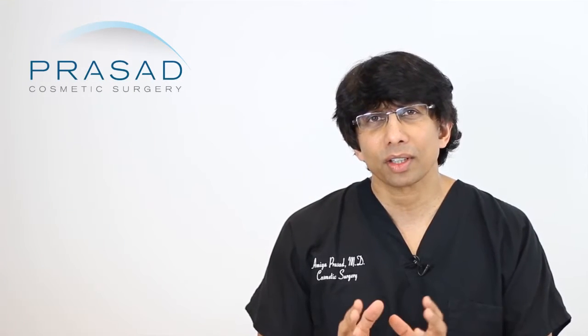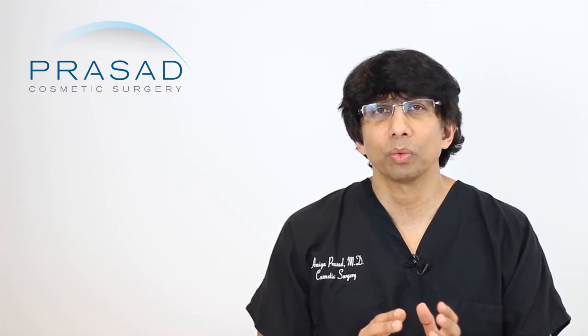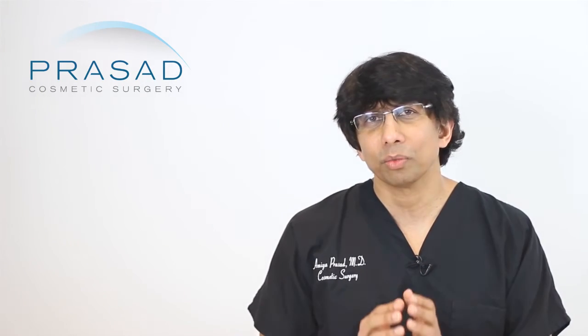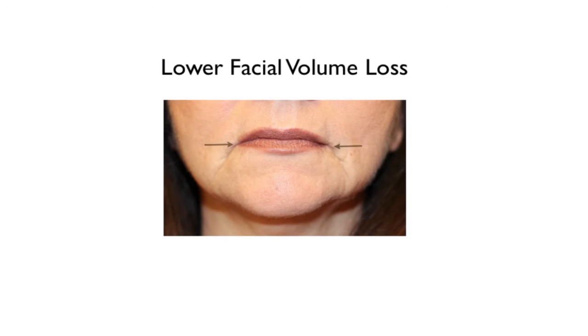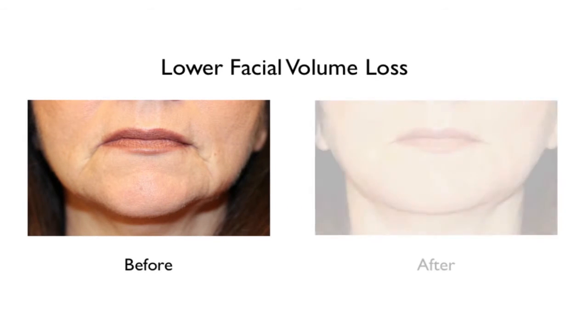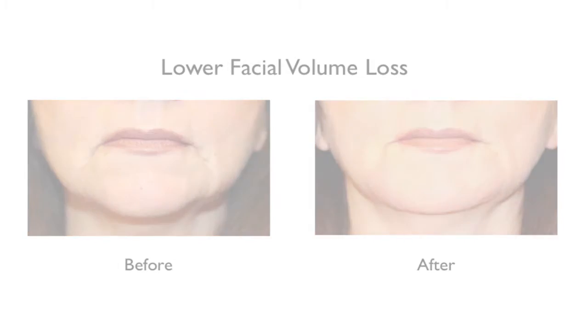As far as the effect on the Radiesse, this depends also on where the thermal energy device is being applied. In general, we don't actually treat the nasolabial fold directly. So the temperature change in the skin can probably be avoided in terms of having any effect on the Radiesse material. Understanding that Radiesse is a suspension of a material called calcium hydroxyapatite in a gel suspension,